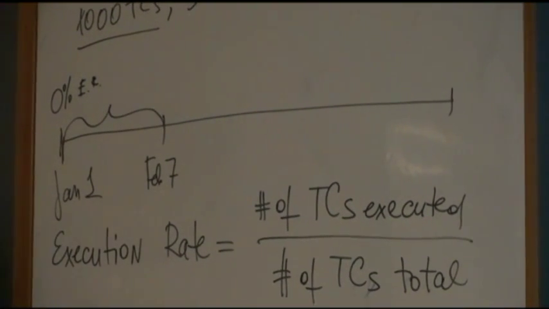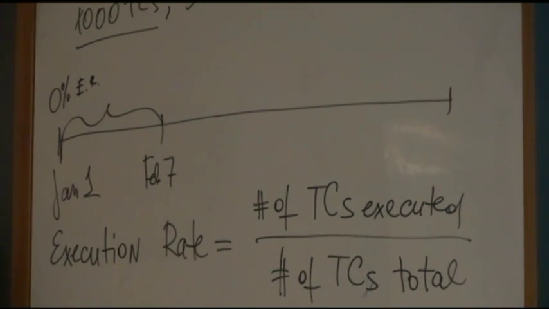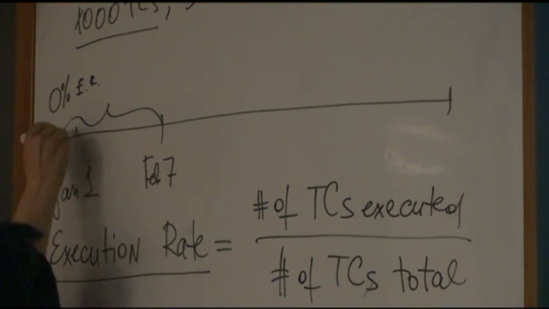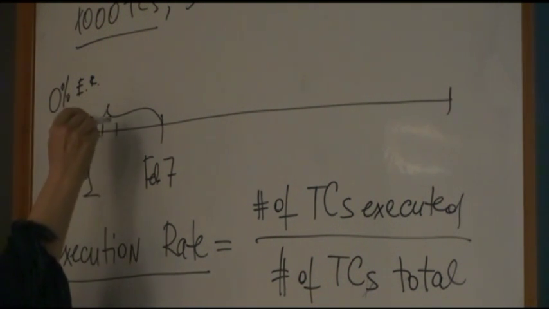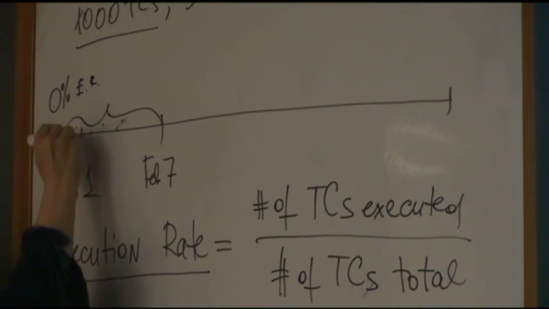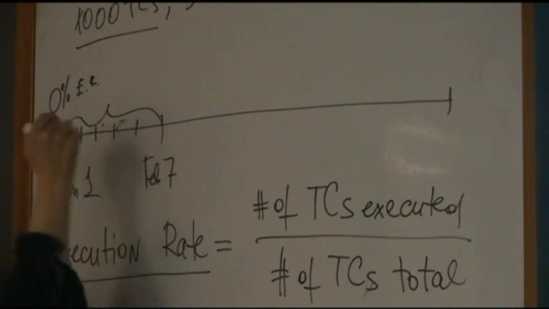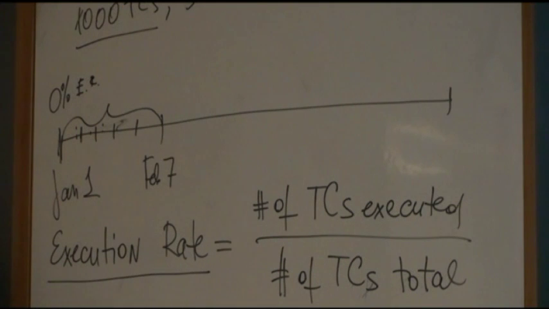Every day, you will be running your test cases. And by the end of every day, and by the end of each week, you can easily get this data. So your execution rate will be changing every day and every week. So let's say we have 5 weeks, right? 1, 2, 3, 4, 5. We have 5 weeks. So by the end of each week, or in the middle of each week, doesn't matter,